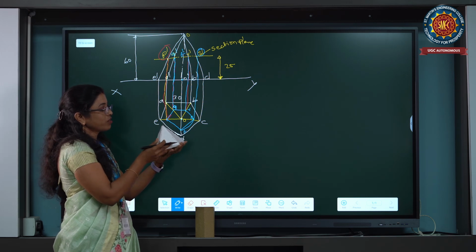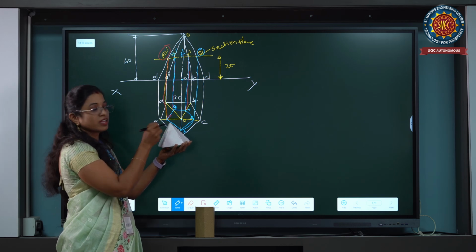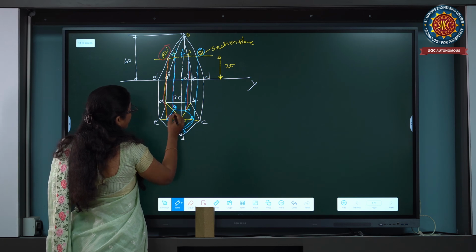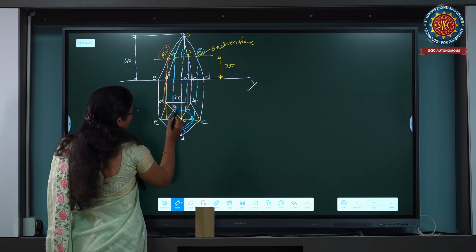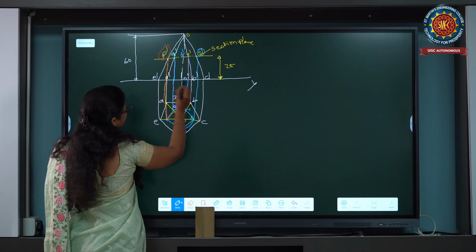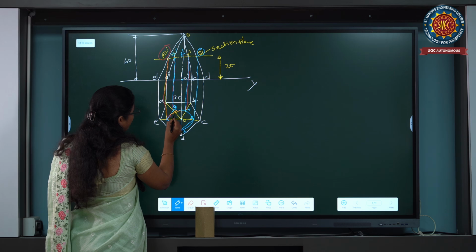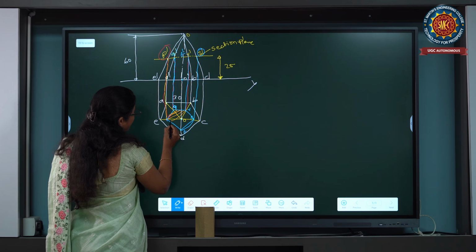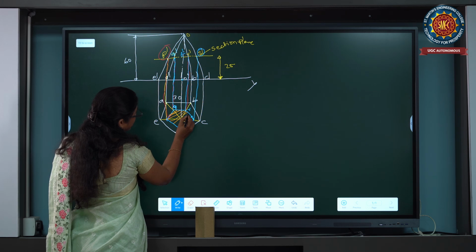So we need to cut this parallel to this base. We need to cut and then draw this cut surface. Then you need to show this using hatching lines. For hatching lines, we need to set the drafter perpendicular to this reference line and draw lines inclined to the HP with a gap of 2 or 3 mm, parallel to each other. So these lines are called hatching lines.